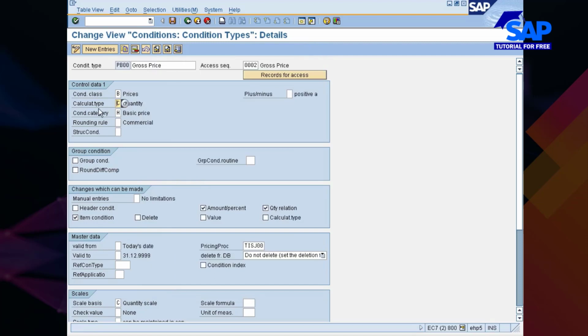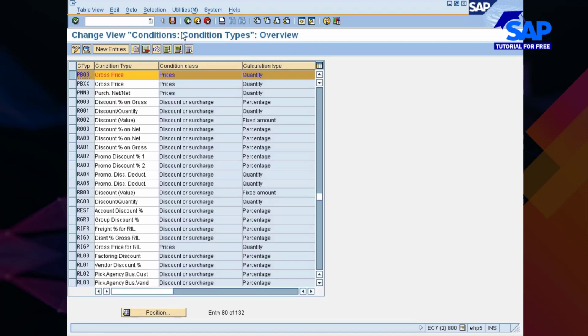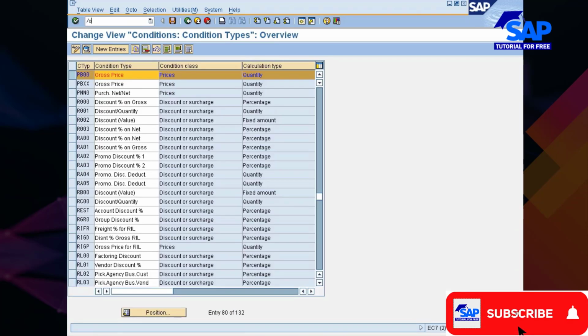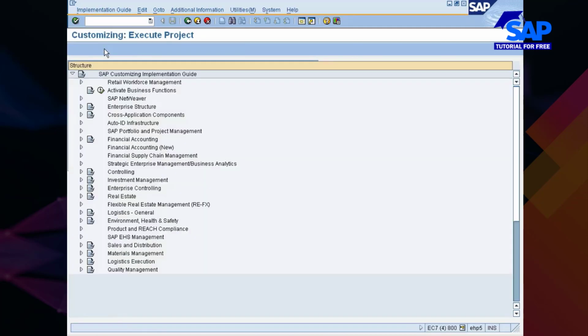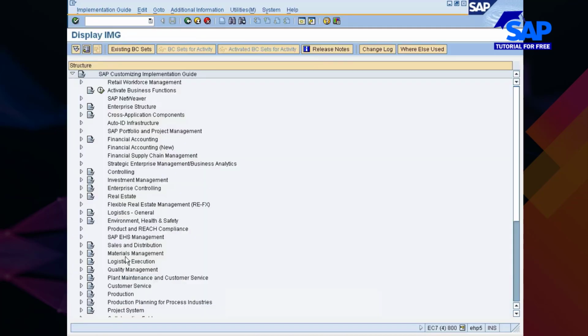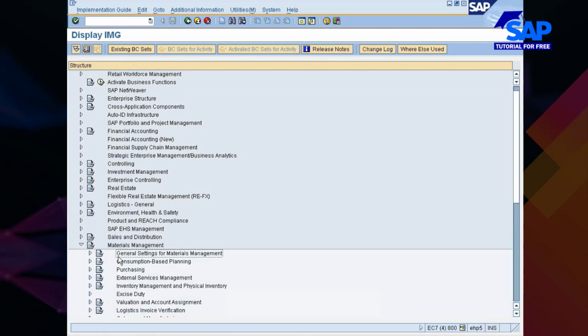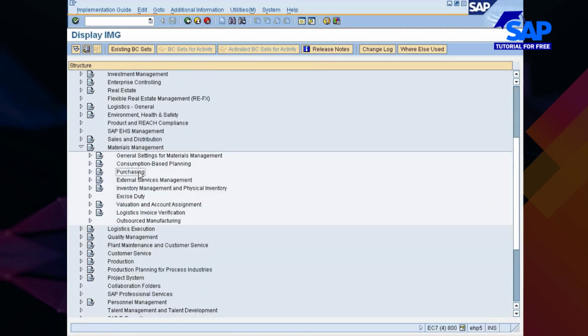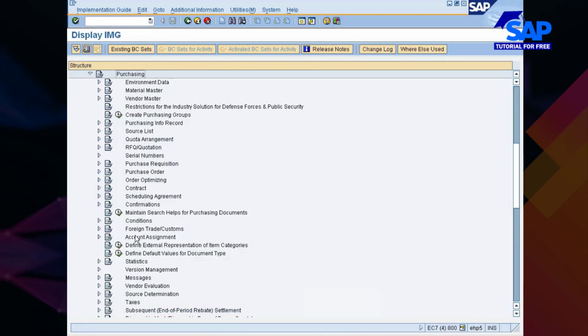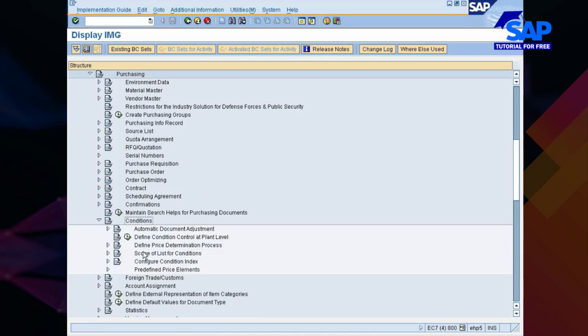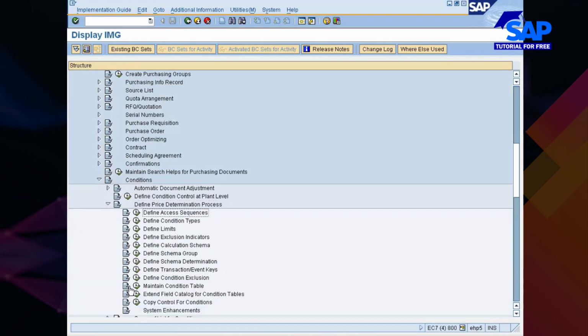calculation type. If you want to go with a different calculation type, let me open another session, SPRO. You have to go to the table where you have defined the control data, material management. Under purchasing, when you go into conditions, where you define calculation schema, define price determination process.